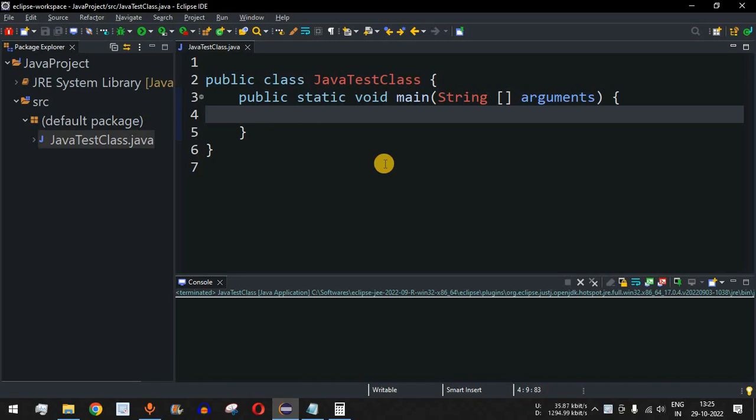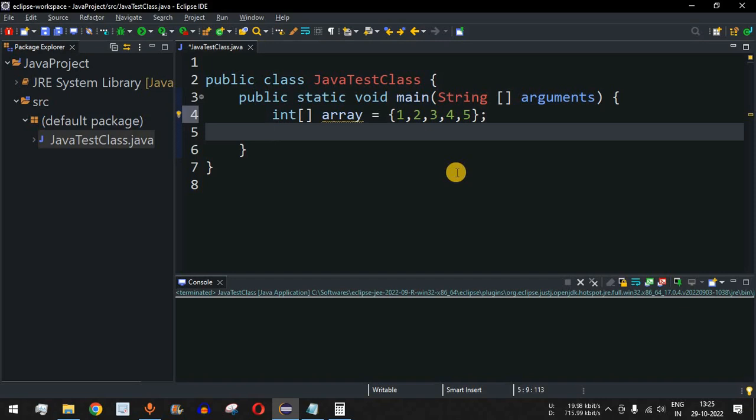So over here, first of all, we are going to define the array of integer values. So we have int, and then we can provide the variable name as array, and then it is equal to, we will define the array, and let's say we have 5 numbers over here as 1, 2, 3, 4, 5. So guys, these are the array elements, and we want to find the sum of all these array elements over here. So first of all, we need to find the count of these elements.